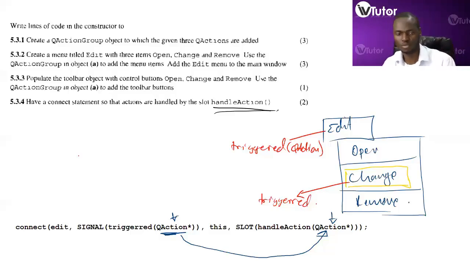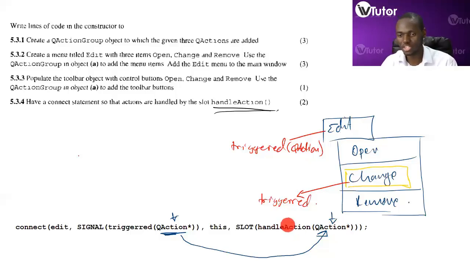That's why I'm not going deeper into signals and slots. But just know that when it comes to dealing with toolbars and actions and slots, your signal at this level emits a triggered signal, and it sends the action that was clicked, and your slot receives that action,